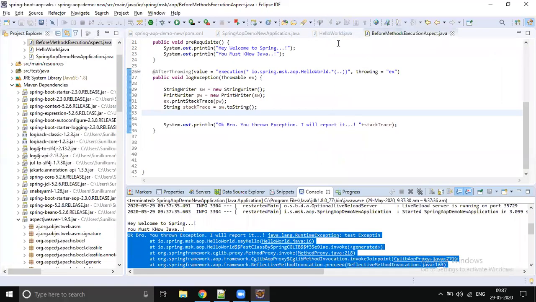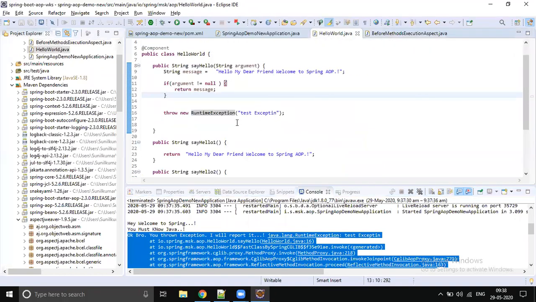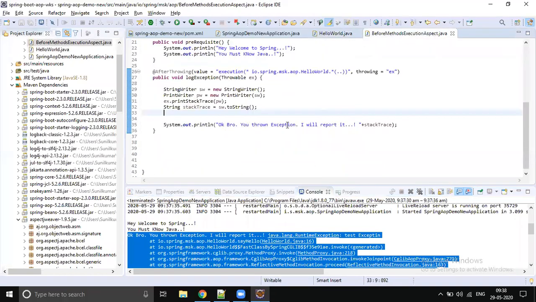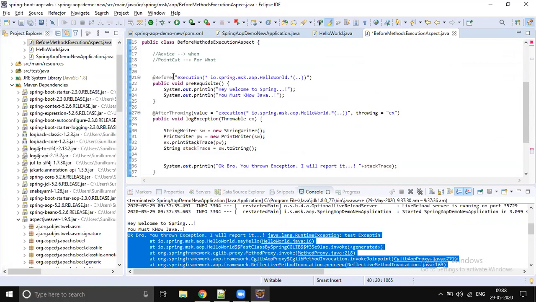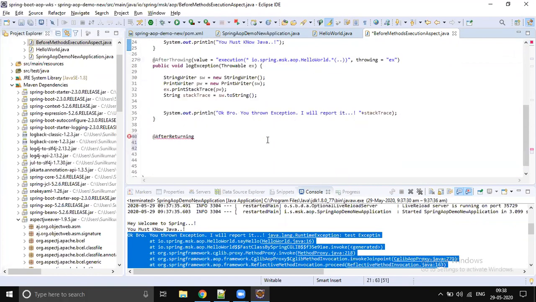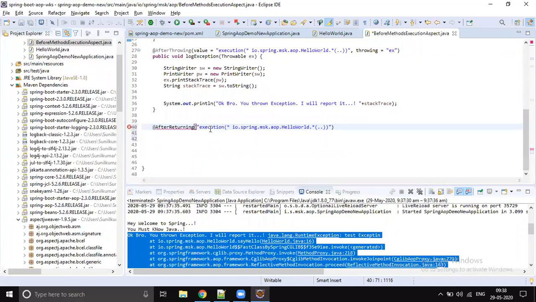Okay, but sometimes you would like to do something when a method executes successfully, right? So when the method executes successfully, you would like to do something, so that is going to be handled by after returning, right? So it's the same story again. Let's copy paste this pointcut. Yes, so what you can do, you can say